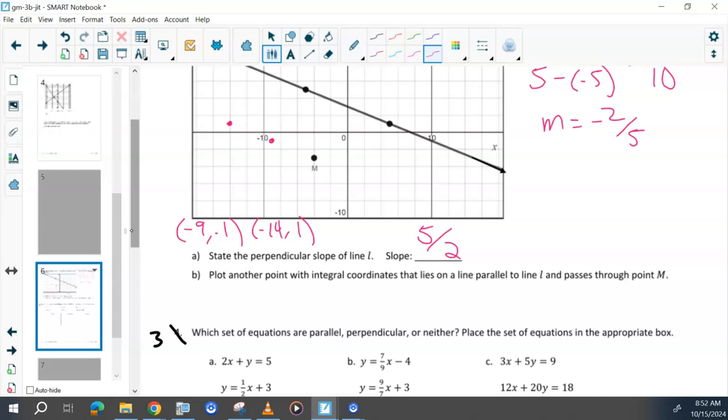Then 4, negative 5, 6, negative 7. So any of these 5 points you could have had, but you just had to remember this is counting by